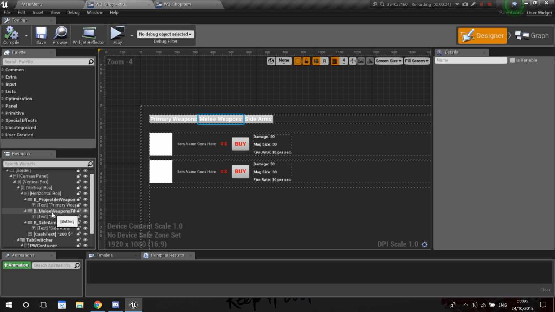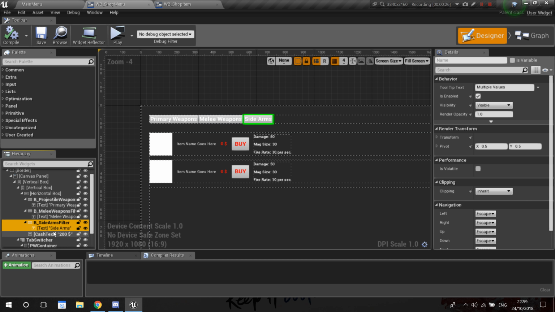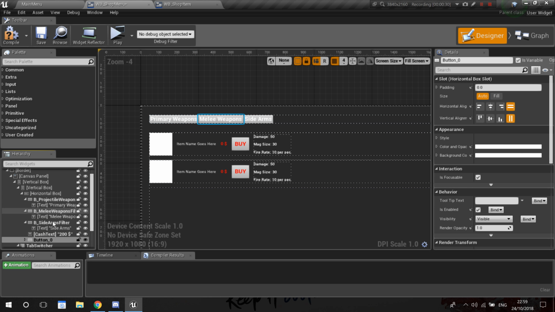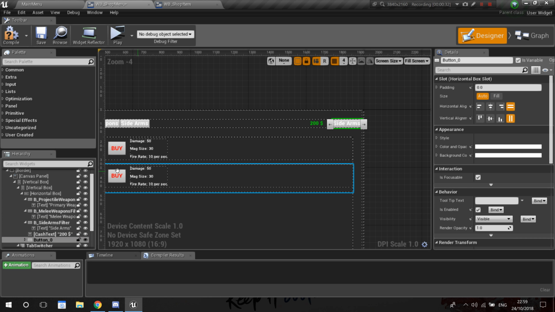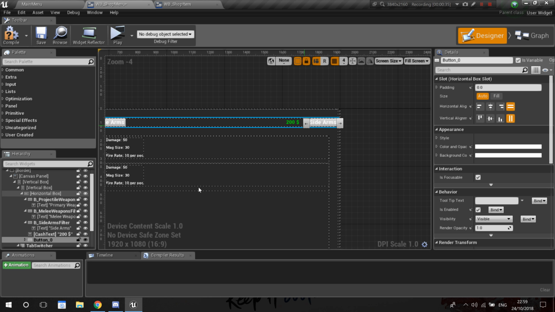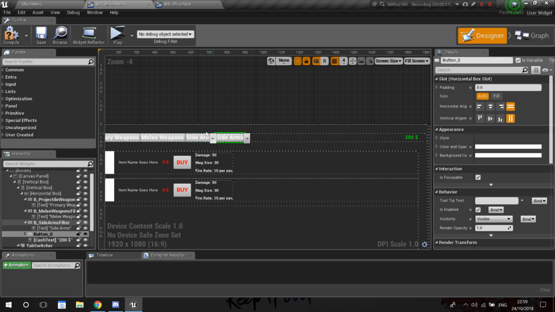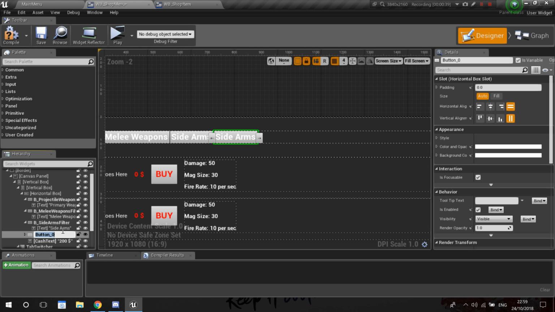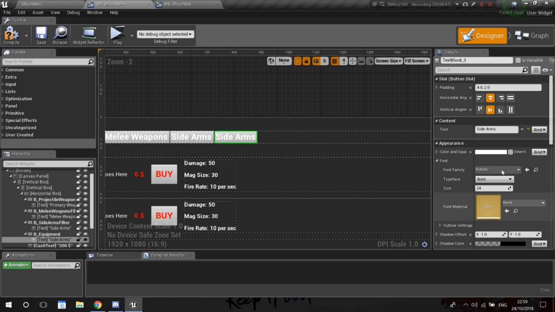So I'm just going to go ahead and copy one of the buttons. Control C, Control V. Okay. I'm going to move it back because I want the text on the other side, and I'm going to rename the button to button underscore equipment, and I'm going to change the text to equipment as well,